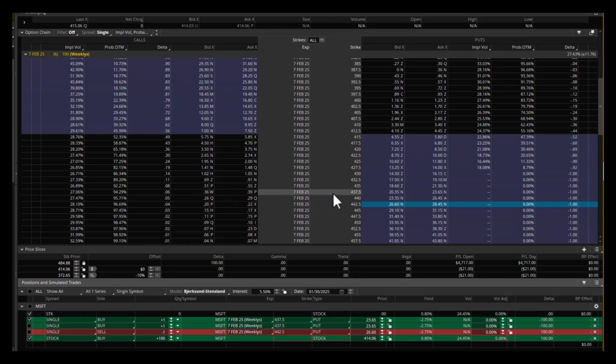Now, if my cost of carry was 30 cents to hold this position for the next few days, which means long the stock, long the put, and let's say the carry cost was 45 cents, I would look at this and go, well, it's going to cost me 45 cents to carry this position, and the synthetic call is basically worth 36 cents. So it's going to cost me more to carry this position than realistically this call is worth.